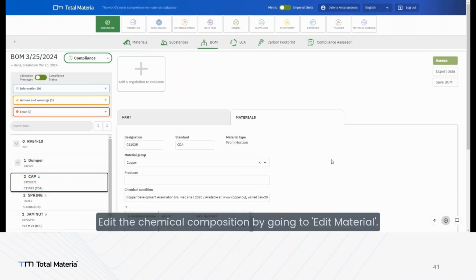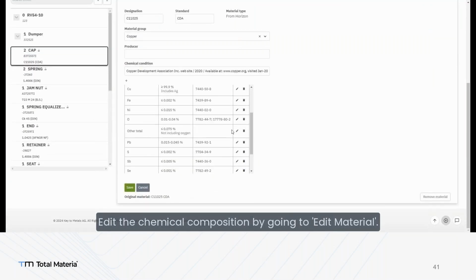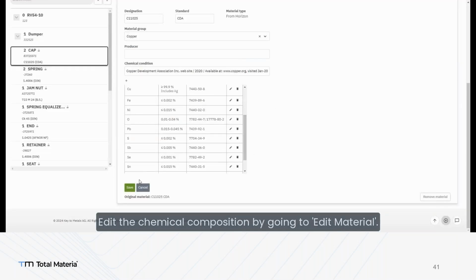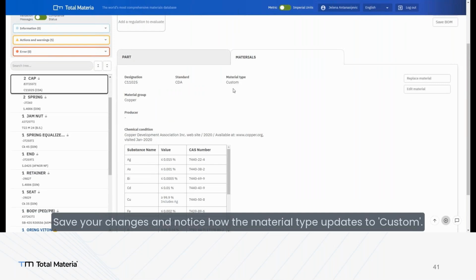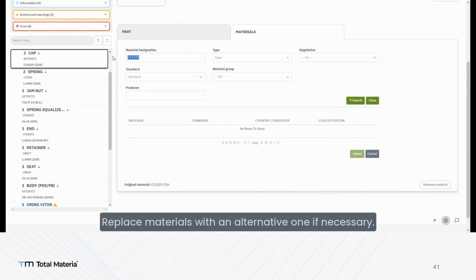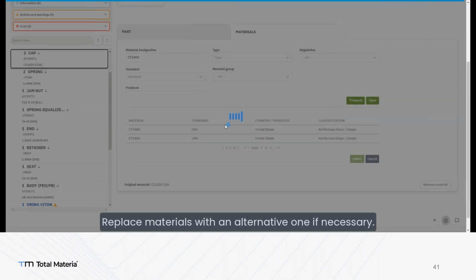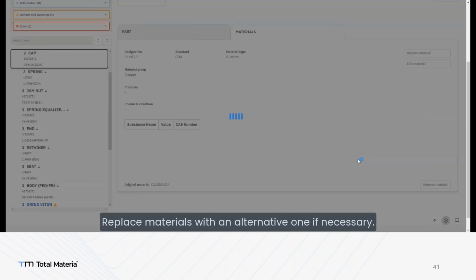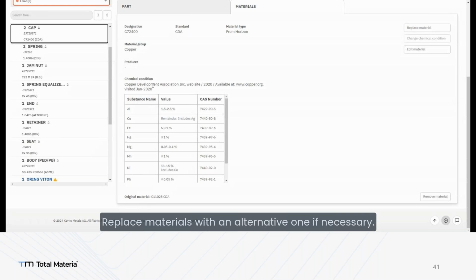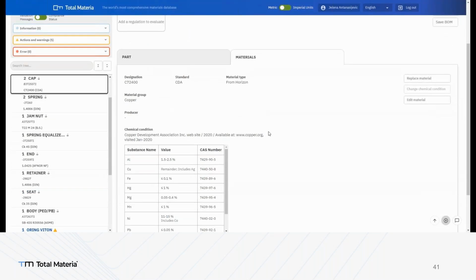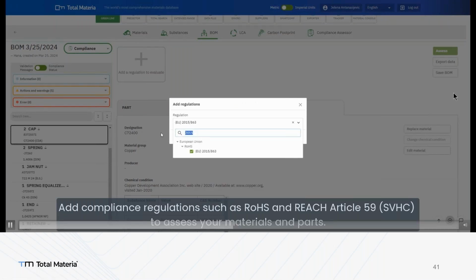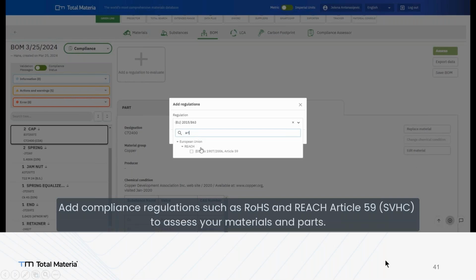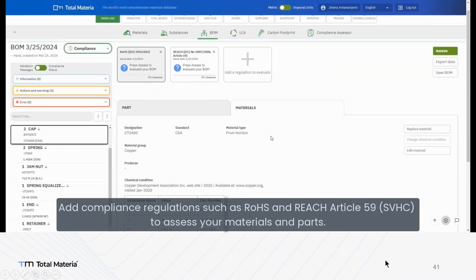And of course, you can use this information as a reference and up-to-date information. Double check is always good, but Total Materia makes your life easier, obviously, because as regulations announce that these materials were compliant, but not anymore, we are adding this information every month inside Total Materia. So you always have a chance to find up-to-date and accurate information inside Total Materia.